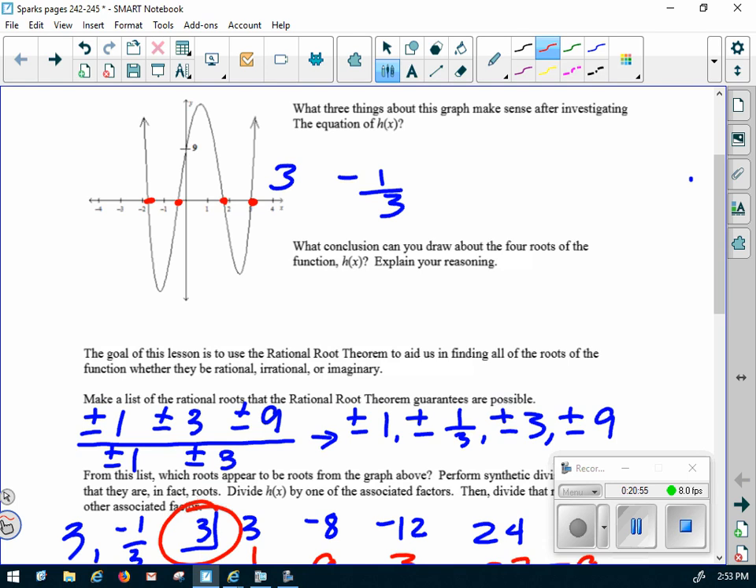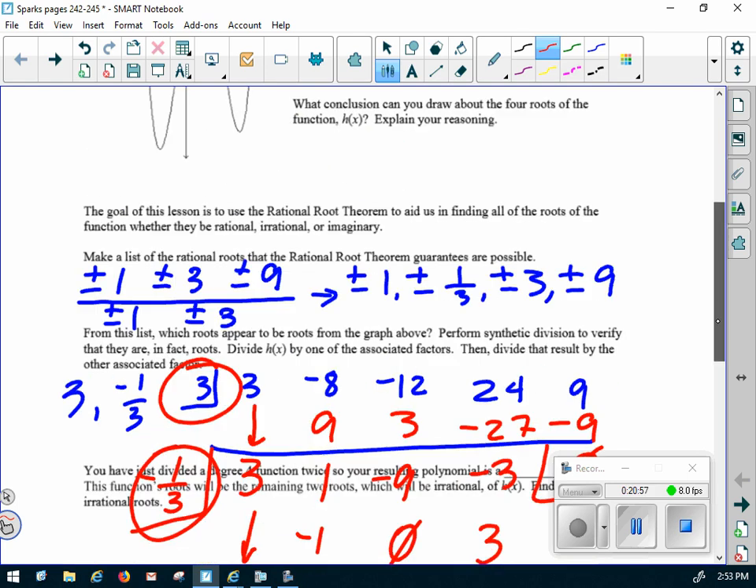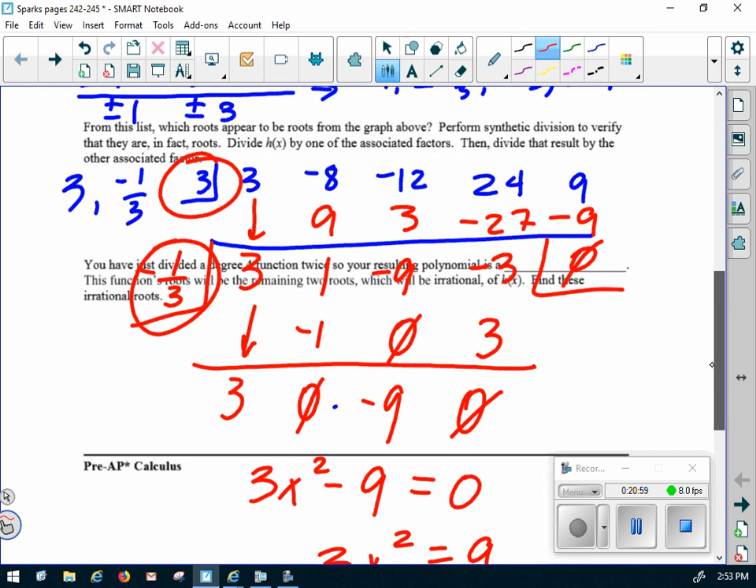Is that the end of that page? No, I just wrote over stuff, didn't I? All right, so